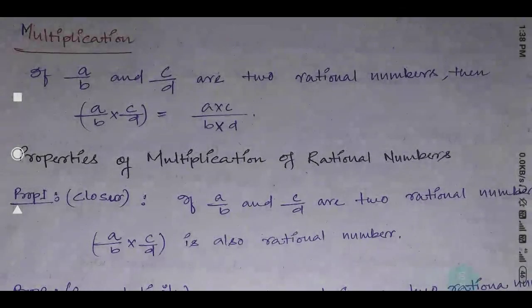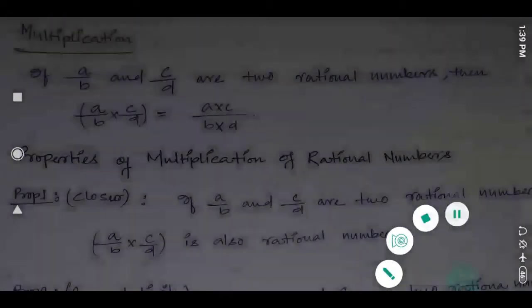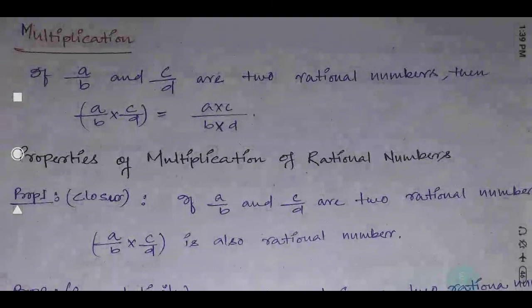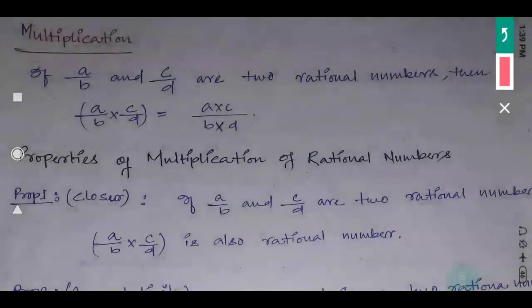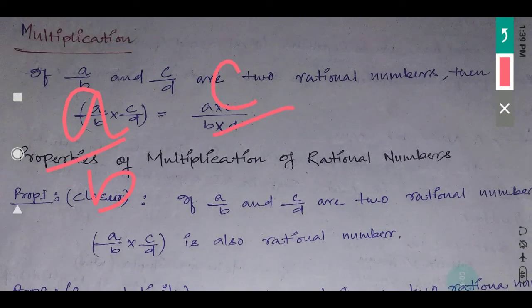Multiplication of rational numbers. If a by b and c by d are two rational numbers, then what will a by b into c by d be? Suppose a by b and c by d are the two rational numbers. So we are discussing multiplication, that is, how to do the multiplication of rational numbers. So see here, a by b,